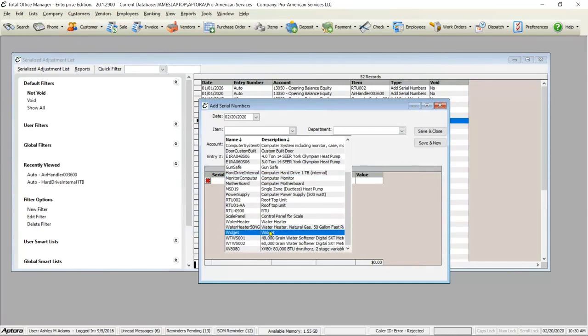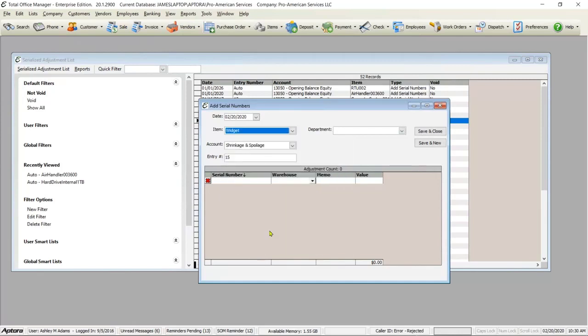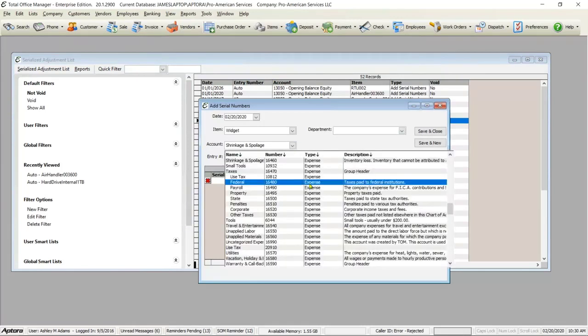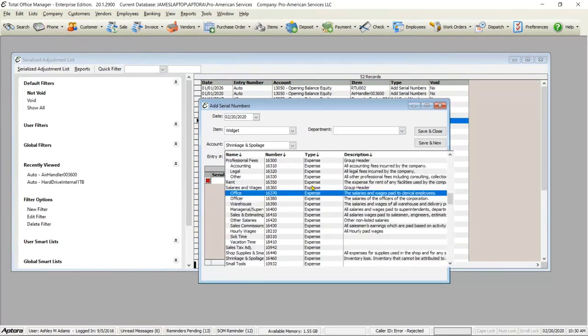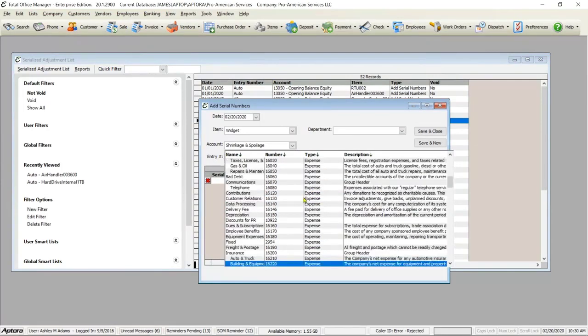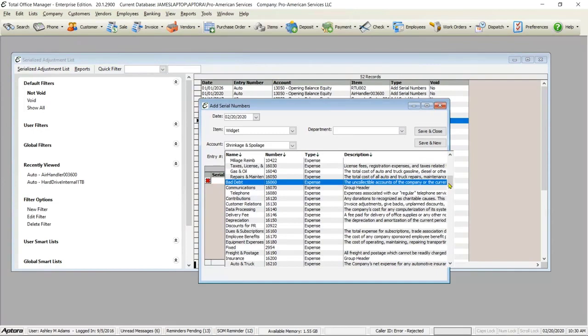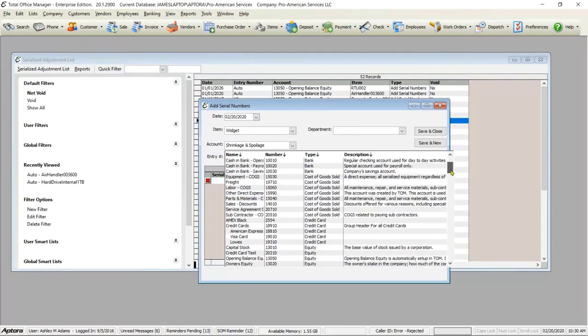And I might have found a widget. We didn't even know we had the widget. We were cleaning out the warehouse, and by golly, there was a widget right there under the desk. And so we might want to put this widget into inventory. So we are going to find the inventory account. And inventory is